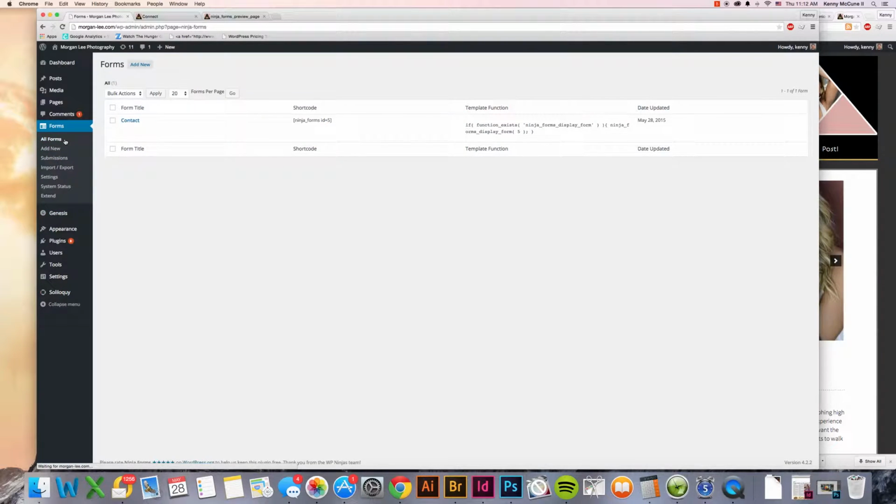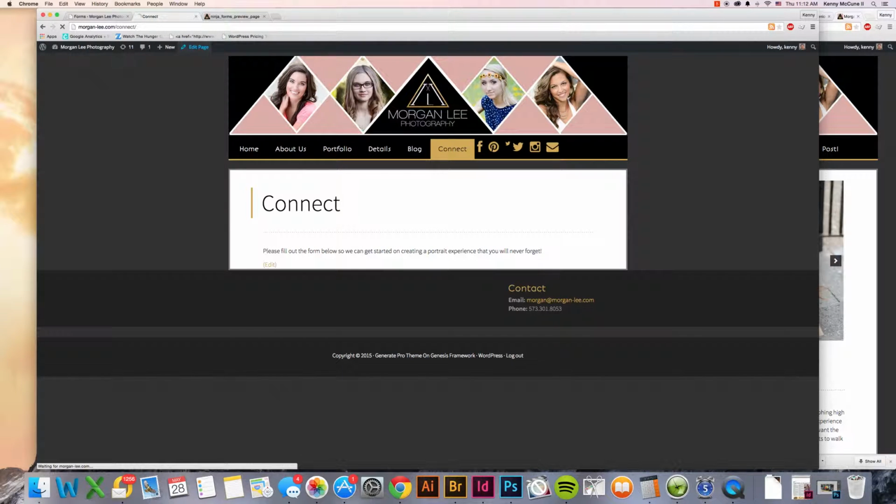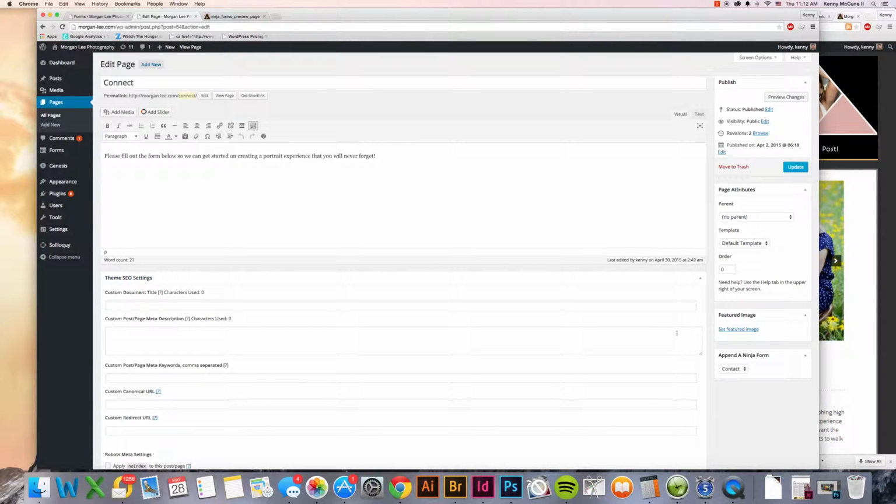Oh, one more thing. You need to know how to insert this into a post or something of that nature. Right here you have the shortcode for it. You can copy that if you want to. The way that we have it set up for our Connect page right now is just that it is appended over here where you can add it on, because that's the only thing we have on here,